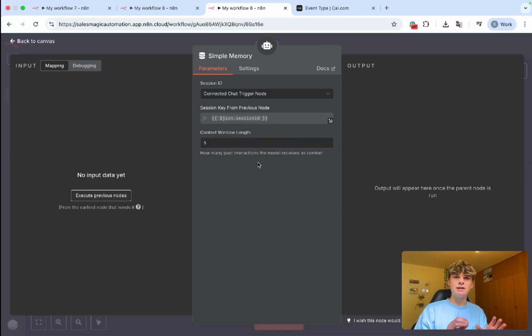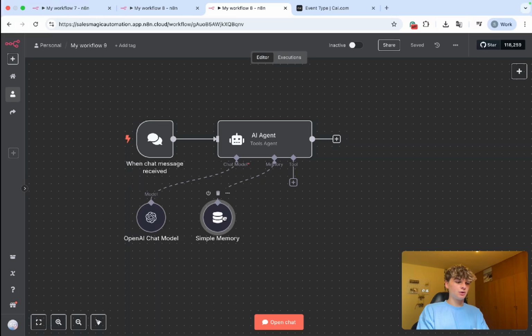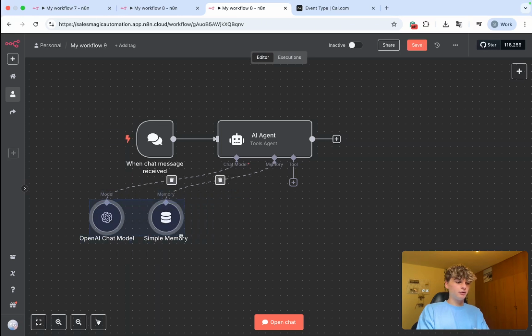Basically what this means is the agent will retrieve the last 5 messages from that user to give themselves a bit more information and provide a bit more informed response, and a bit more context into what the chat is about. And then we're going to leave everything there. Also, what I'm going to do